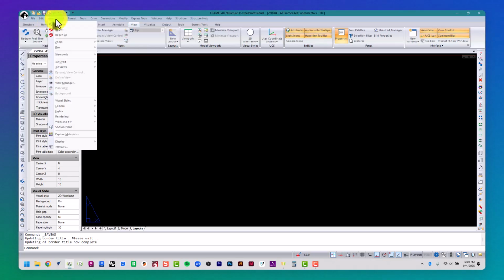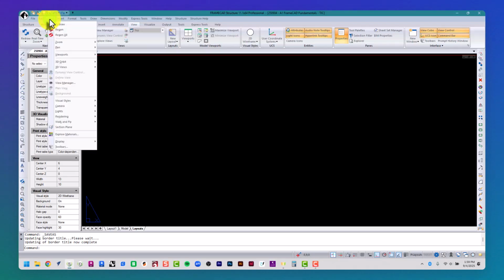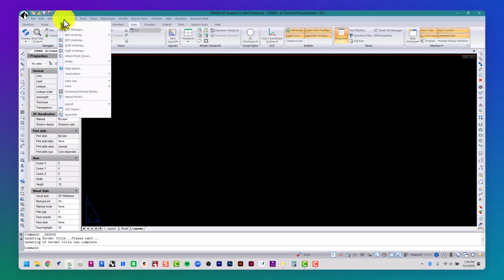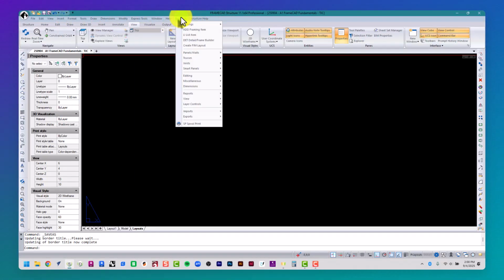So if you need to affect something that has to do with what you're viewing, it would be here under the View drop-down menu. If we're editing something, copying, cutting, pasting, deleting, we can do it from the Edit menu. If I need to insert another file into FrameCAD Structure, Insert, and tons of other things. The bulk of what we're going to do in Structure is going to be located right here in the Structure